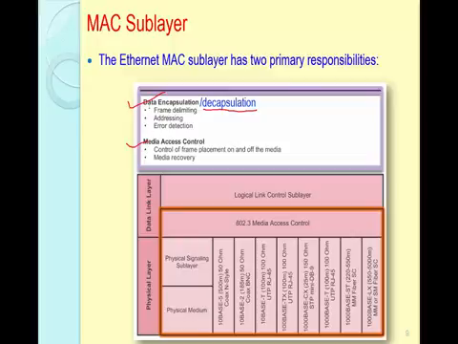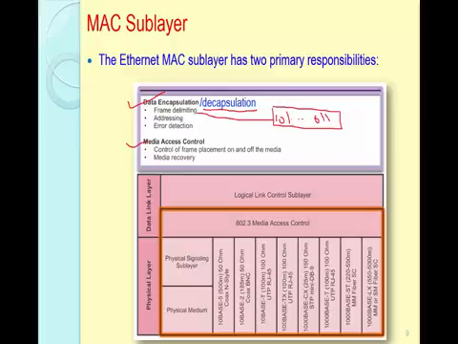Okay, when data encapsulation happens, that basically includes achieving multiple goals. The first one is frame delimiting, meaning where does a frame begin, where does it end. Without that, there is no structure. You just have a sequence of zeros and ones that goes on and on and on, which there is no way to interpret. Frame delimiting defines the boundaries, where a frame starts, where it ends, so that it can be